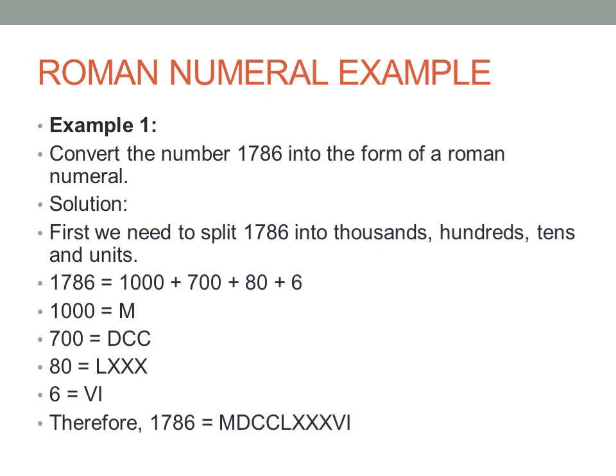Now write this in Roman numerals. In place of 1000 you can write M. For 700, if you split it, it is 500 plus 100 and 100, so you can write DCC. 80 is nothing but 50 plus 10 plus 10 plus 10, which equals LXXX. 6 is V and I. So therefore 1786, finally, you will get the answer as